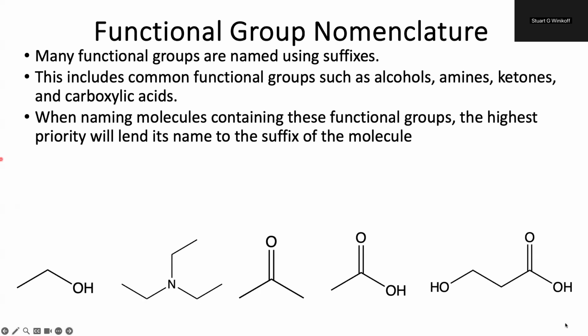When we're naming each of these molecules that contains one of these functional groups, we're going to lend priority to the suffix. The highest priority of those groups is going to lend its name to the suffix. So for example, if I have an alcohol like ethanol, we use an -ol. We also have triethylamine, propanone, ethanoic acid,